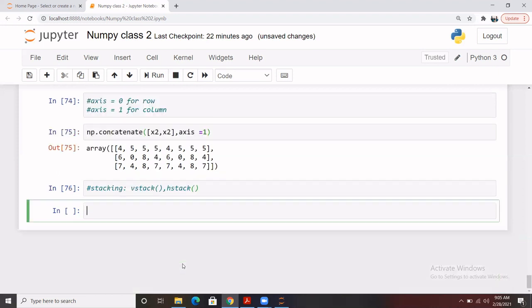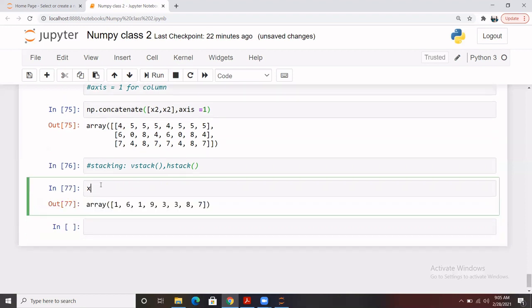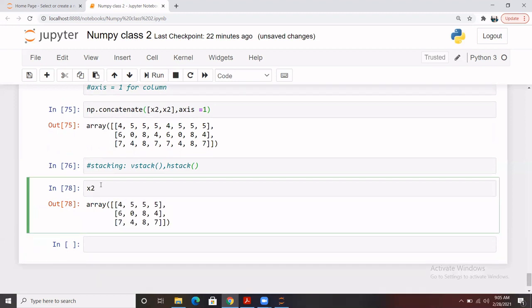Let's have some examples for stacking too. Let's say we have array x1, which is one dimensional, and we have array x2, which is two dimensional. You need not be confused by this part. Now I want to stack x1 and x2. How will I do this? np.vstack, for example. To do the vstacking, we have to pass these two arrays x1 and x2,